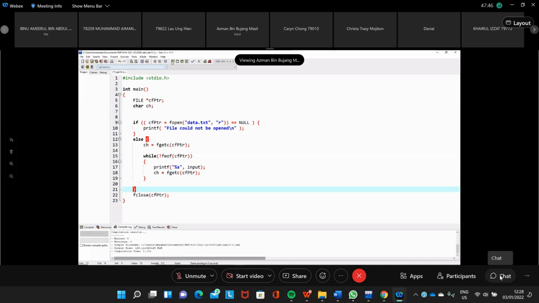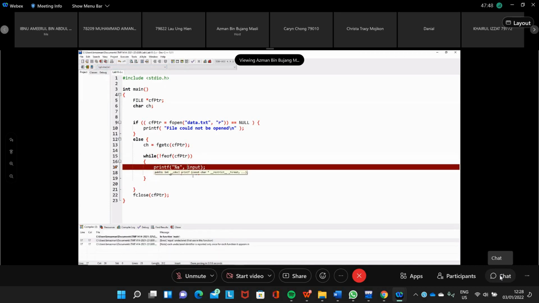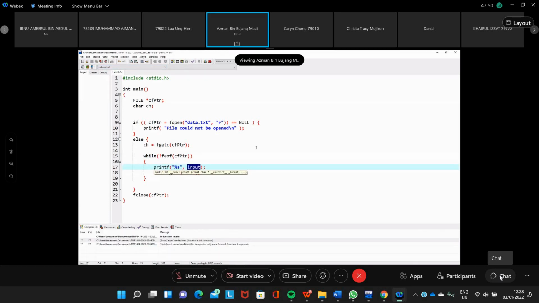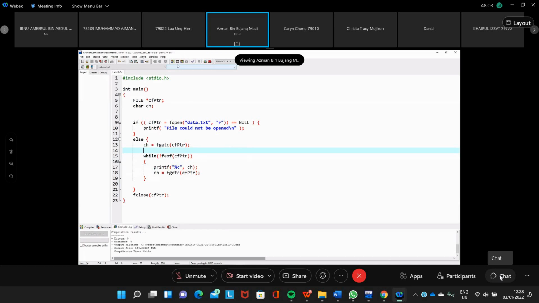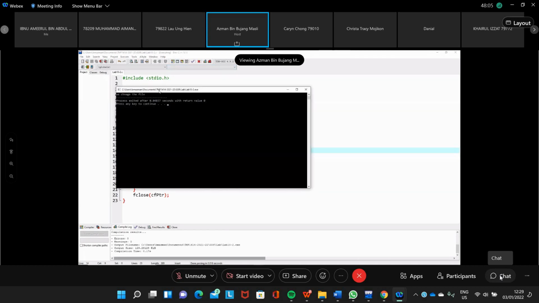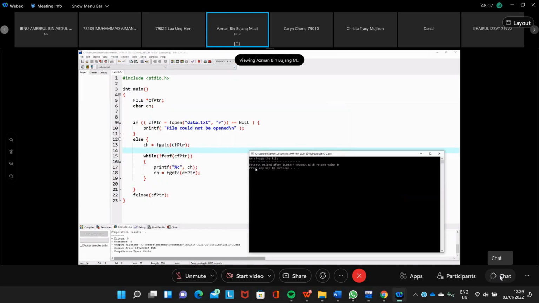Oh, this one is incorrect. Printf is not for a string anymore, but for a character. This is ch. And then we run it. So we get the same output, but here we actually read the file character by character until we get to end of file.